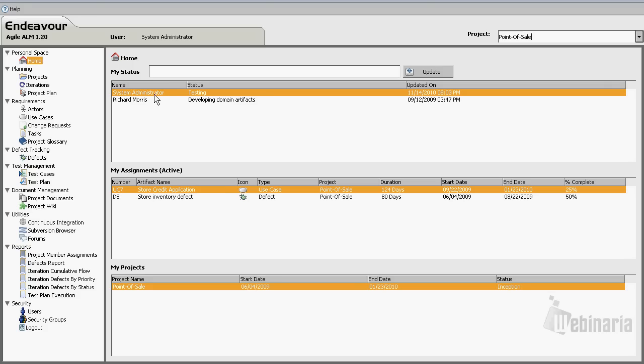In this case, we see that the system administrator's status is testing, and from here we can change it to something else like developing, and from there on this is going to be the status that is going to be visible to the rest of the developers. Down here we see a list of the assignments that the system administrator has been assigned to,